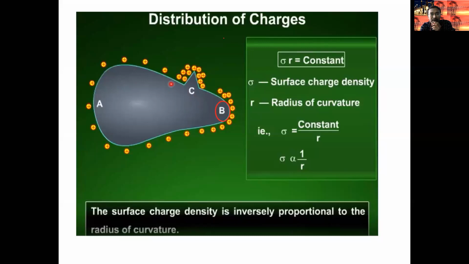If you want to generate very high voltage, it will discharge into the air if the radius of curvature is less like this. If it is non-uniform, the positive charges are distributed to the air easily. That's why above 31 kilovolts is very difficult to generate. That's why the sphere of the Van de Graaff generator must be uniform. It's clear. Understood. So this is the concept of the Van de Graaff generator sphere.